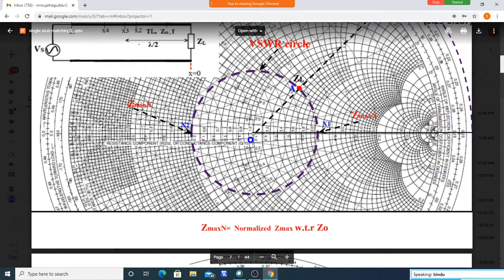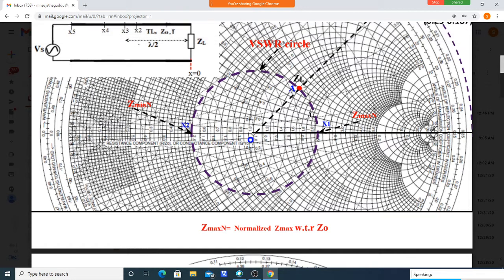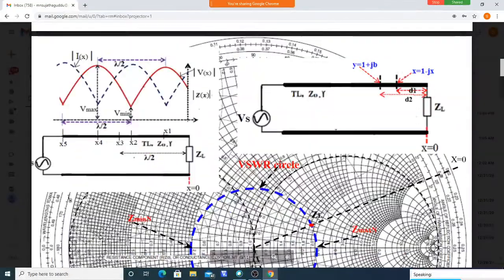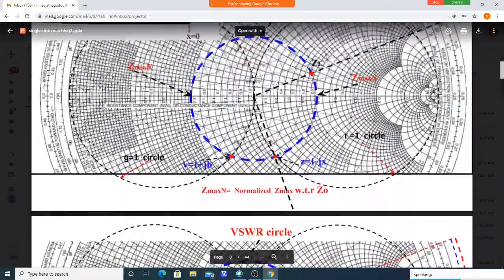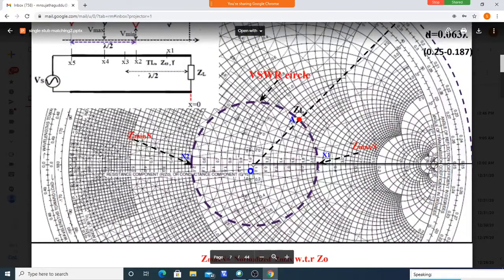Yes, ma'am. Okay, and we can measure VSWR also directly. Otherwise, VSWR is (1 plus magnitude of tau) divided by (1 minus magnitude of tau), where tau is the reflection coefficient. You can easily measure the reflection coefficient from this